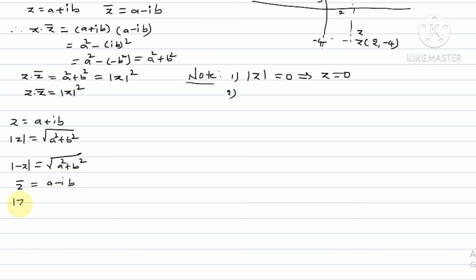In the case of mod z bar, it implies under root of a square plus b square. So the second one is modulus of z equal to modulus of z bar equal to modulus of minus z. Minus z is nothing but completely negative. Okay, so already we derived this one, z into z bar equal to mod z whole square. Next, the fourth one we can write,